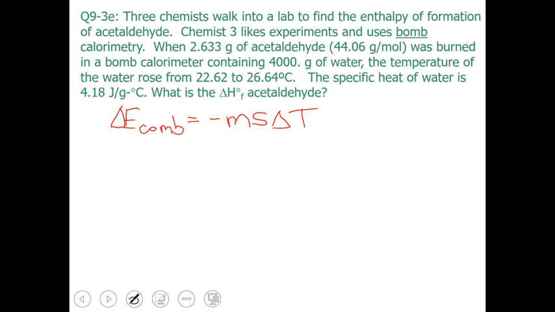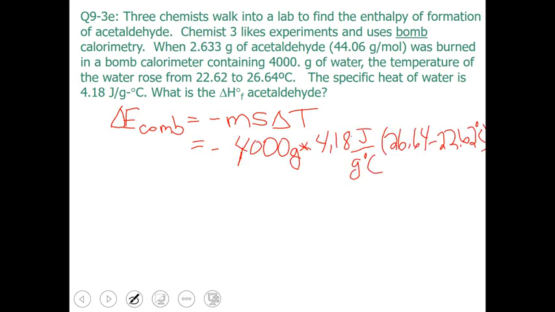So first, we need to substitute in our values for the water. So we have minus 4,000 grams times the specific heat of water of 4.18 joules per gram degrees Celsius multiplied by the final temperature of 26.64 minus the initial temperature of 22.62. Multiplying all this out gives us a value of minus 67.214 kilojoules for